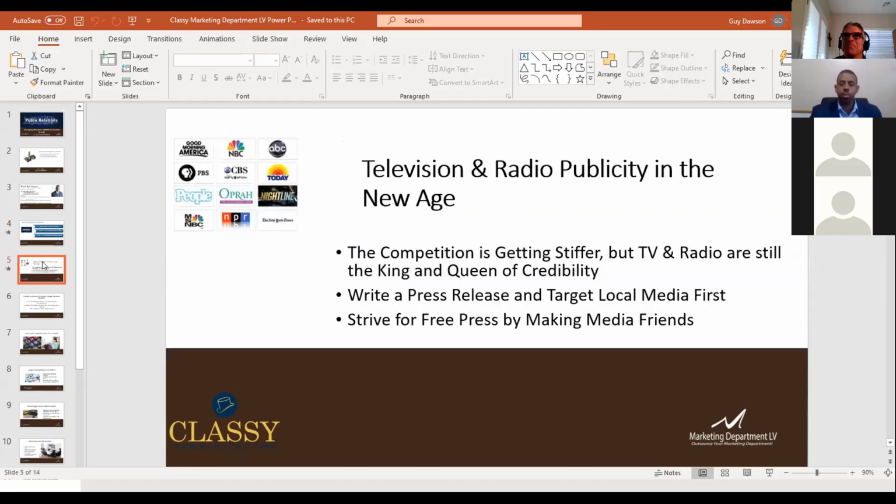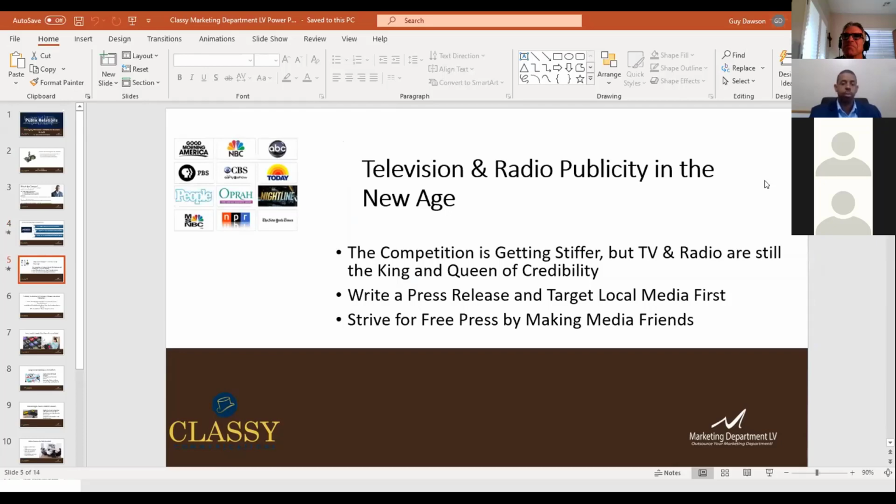Television and radio publicity in the new age. So we are in a new age where there are media platforms that did not exist even 20 years ago that are very prominent in the way that we do media in this new millennium. Even with all the new technology that is definitely lending a lot of credibility to businesses through other outlets, television